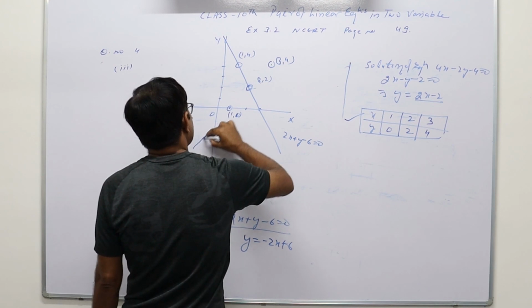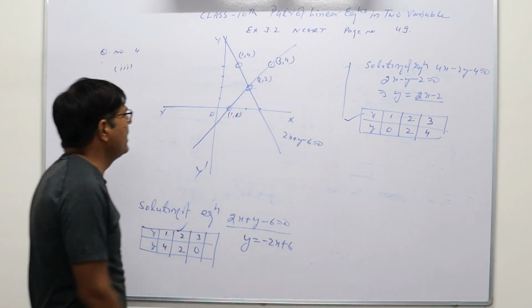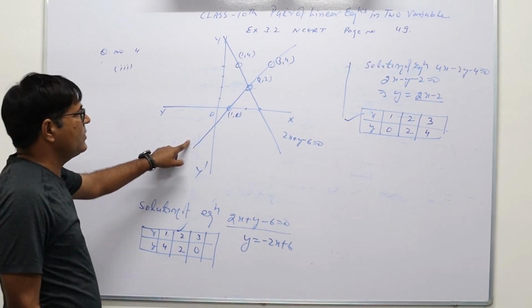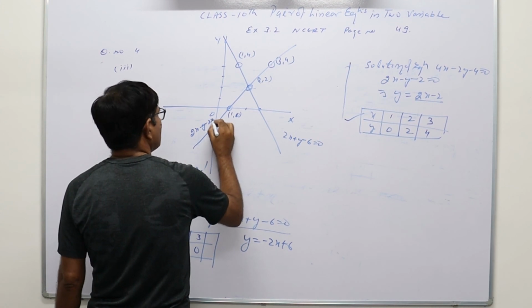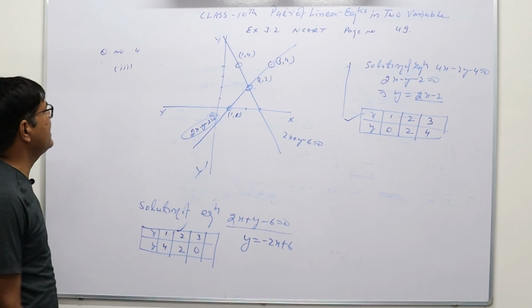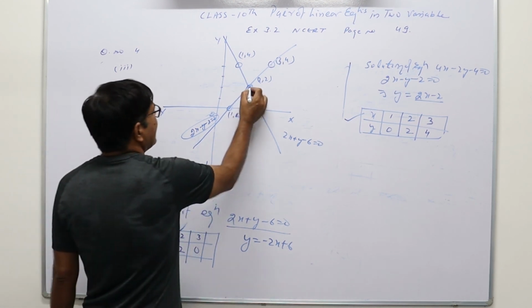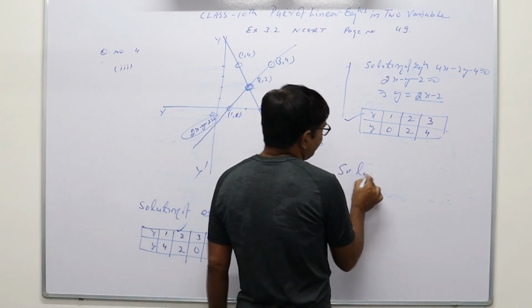If we join these points freehand, then we will get this type of graph. So this is the graphical representation of the second equation, 2x minus y minus 2 is equal to 0. And by simple observation, these two lines are intersecting at this point (2, 2). So the solution set is